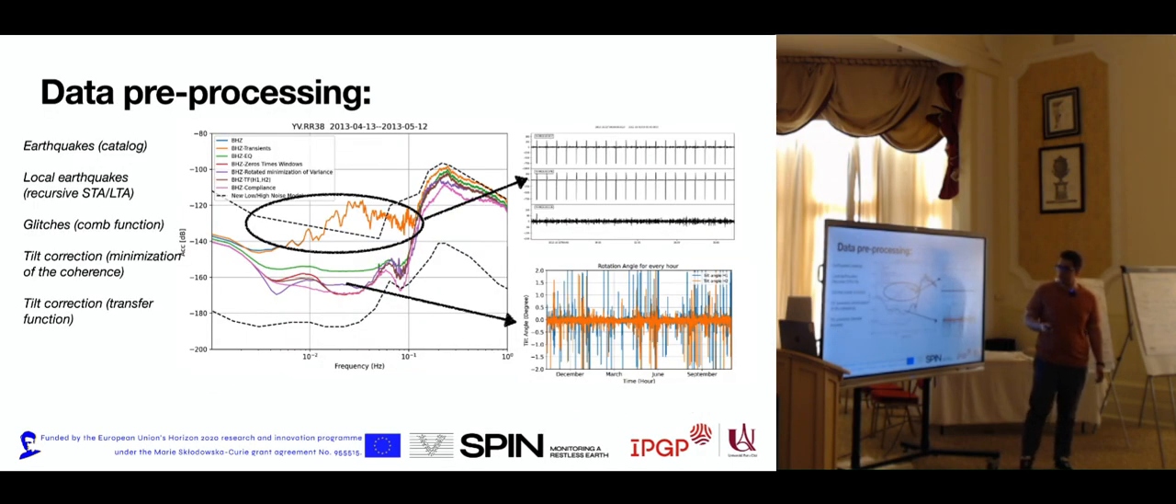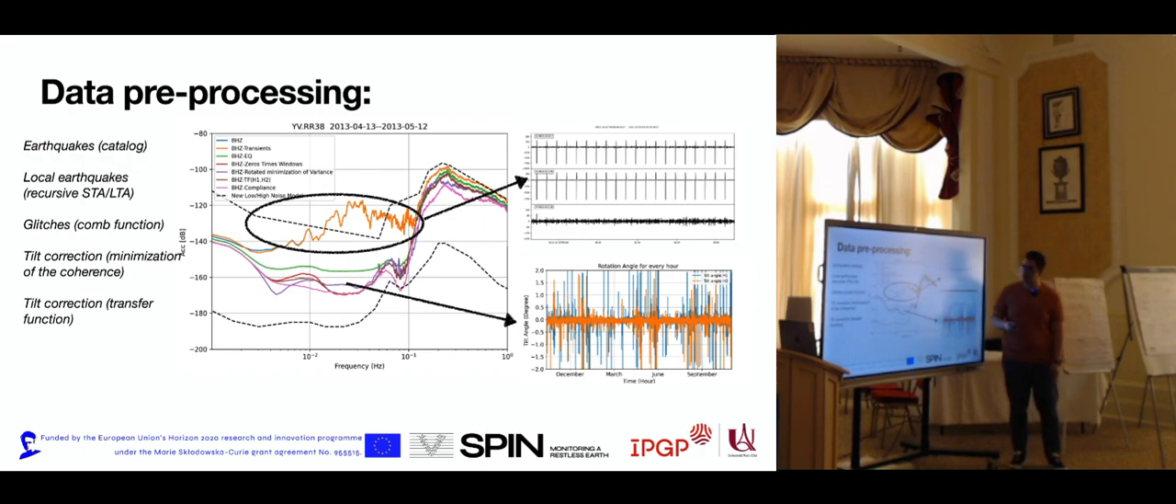Here I brought an example of the real data that I pre-processed to calculate the compliance function. First, I removed the glitches, which come from a computer that produces a spike on our data every hour, and it's awful. We can see it in the power spectral density. After that, I removed the local and global earthquakes, and finally, I corrected the data for the tilt effect, which is the